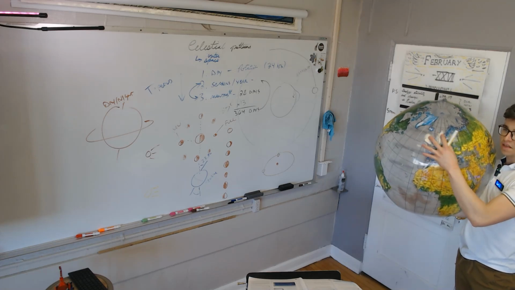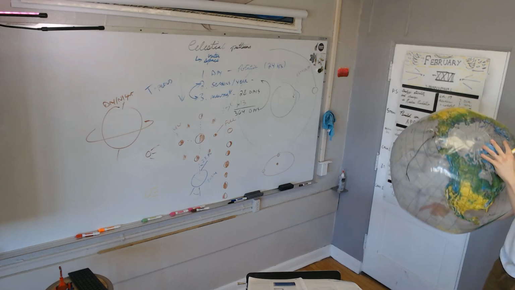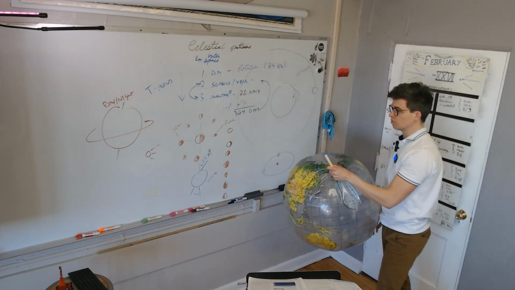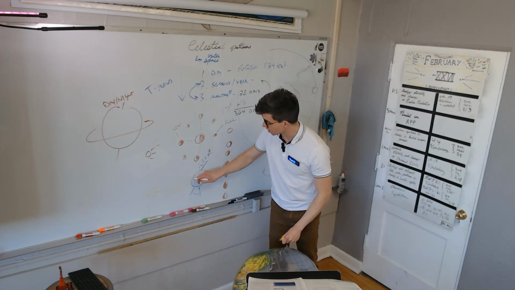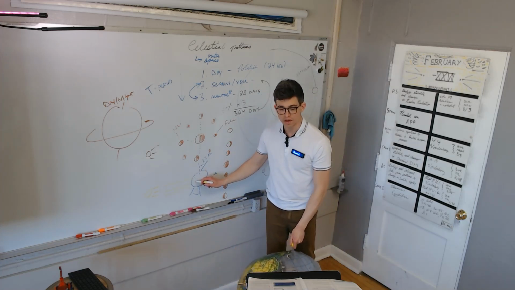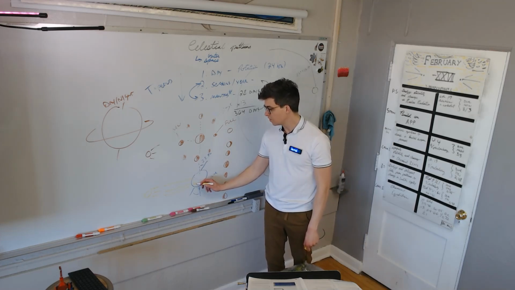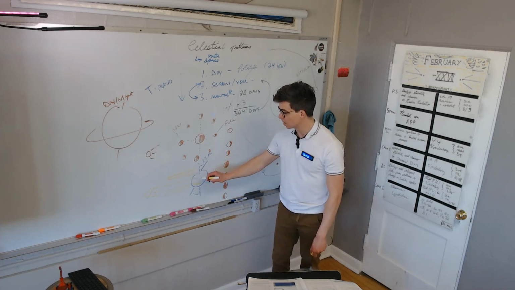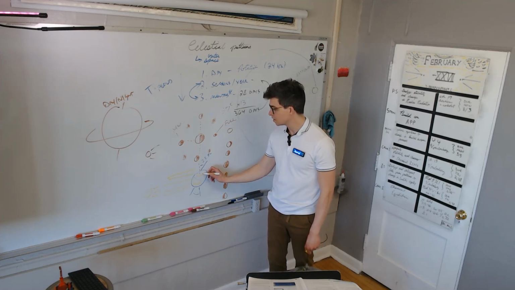Those places at this time would be experiencing summer. Because even though the Earth is rotating through day and night, the side that is tilted toward the sun is experiencing more direct sunlight. So it's the opposite of how I've drawn this picture. In this picture, the southern hemisphere is experiencing more daily sunlight. So what season is it in the southern hemisphere? Summer. And if it's summer in the southern hemisphere, what season is it where this light is hitting obliquely? That means at an angle, at a sharp angle. Winter.